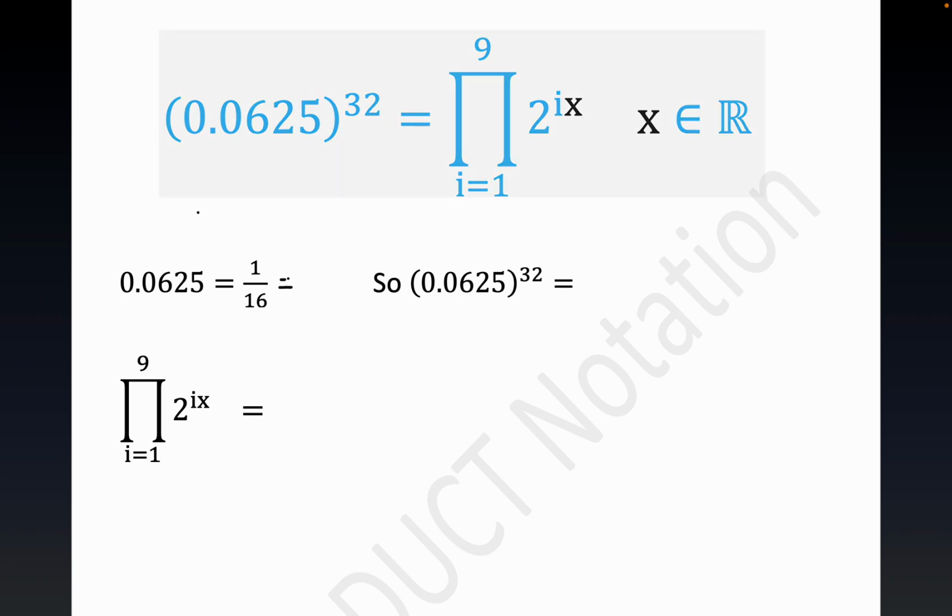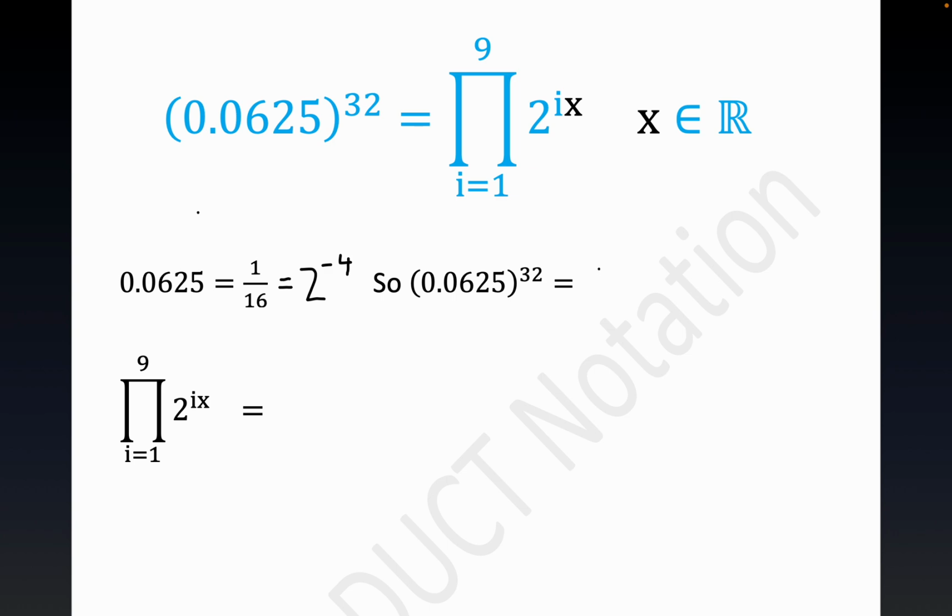Okay, this is a problem that deals with product notation. So I'm rewriting this expression in terms of its exponential form. Again, 0.0625 is equal to 1/16. That's easy to verify. And then using properties of exponents, writing it with a negative exponent, this is 1 over 2 to the 4th, 2 to the minus 4. And so this left-hand side would be equal to